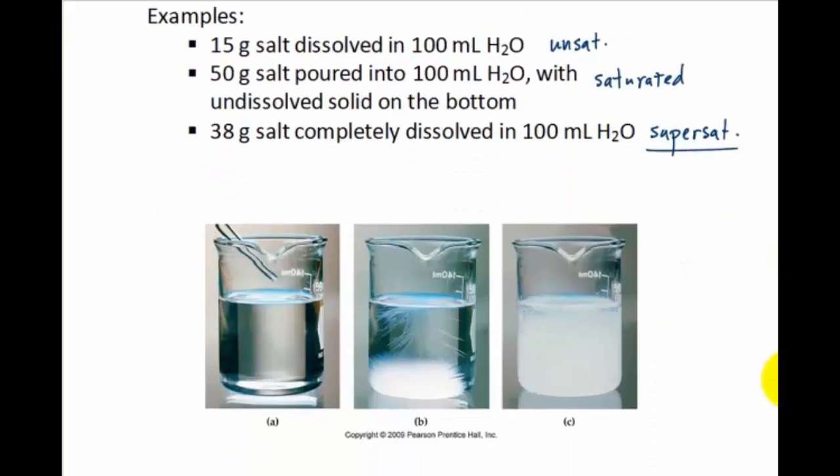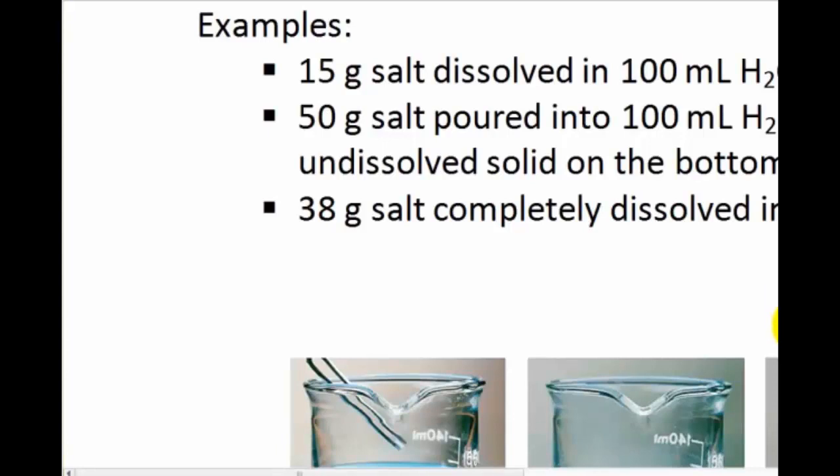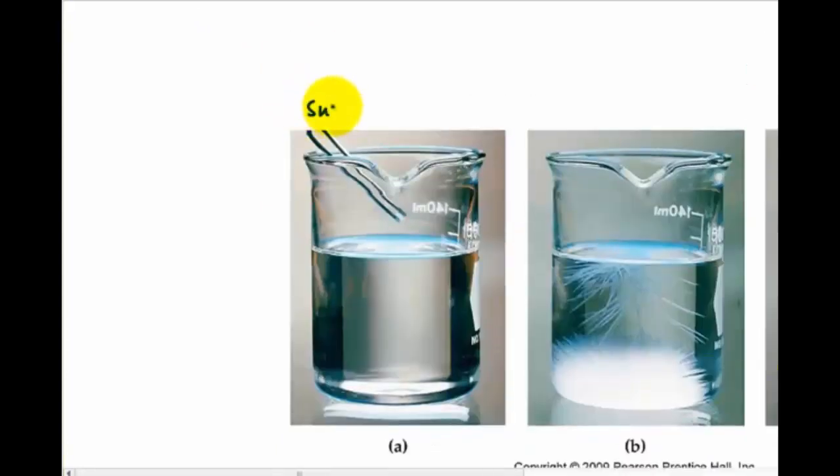So what's really neat then is that if we have a supersaturated solution, this one is a supersaturated solution of sodium acetate. And sodium acetate is kind of special because the solubility is really different when it's hot than when it's cold. You can hold 3 or 4 times as much when it's hot as when it's cold even. I think it's that much. Might not be quite that much, but there's a huge solubility difference. So we heated this up, we dissolved a whole bunch of solid and slowly cooled it down. Then all we need is to just touch the surface with something